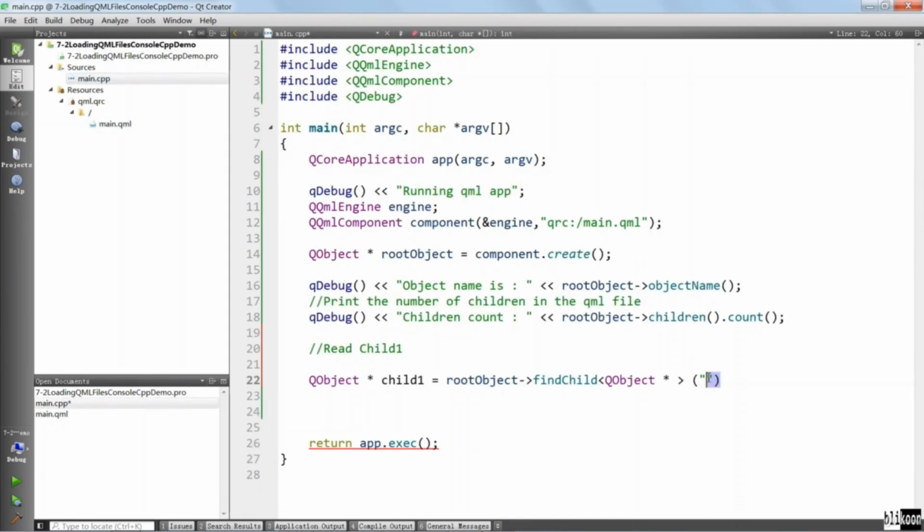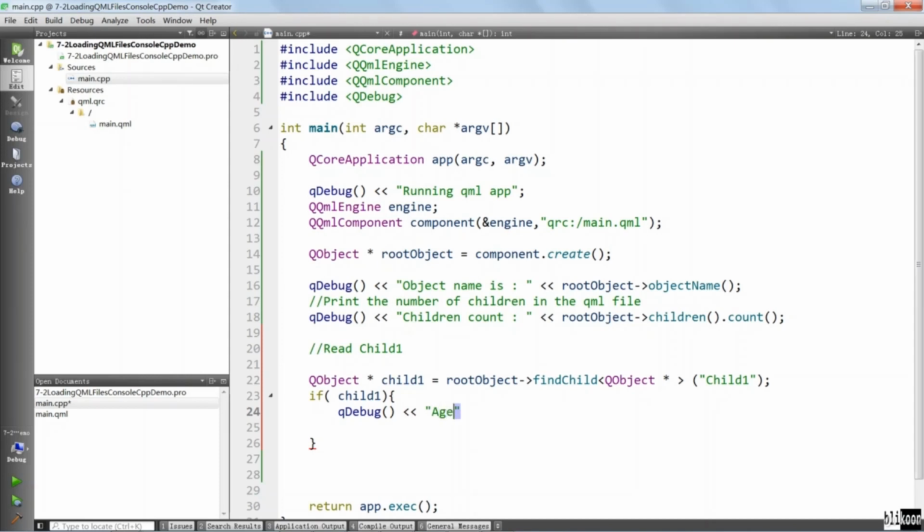We can copy this and put it in here, and we have to check if what we searched for has been found. So we should say if child1. We fall in here if this call was successful. If it wasn't successful, we are going to get a null pointer, and we are going to fall out of here. So inside, what do we do? We can read the age of the child. We're going to say age is